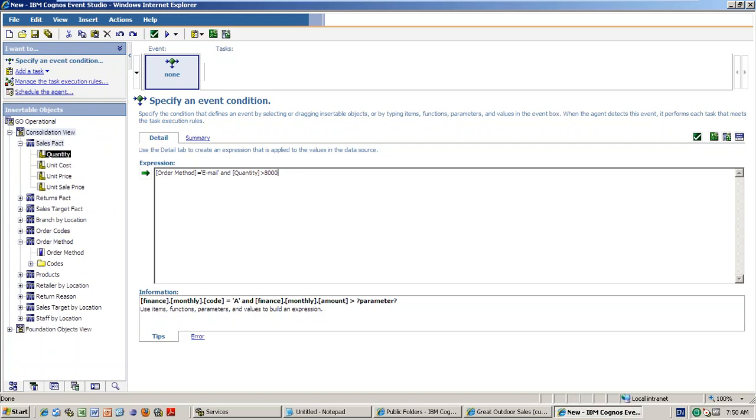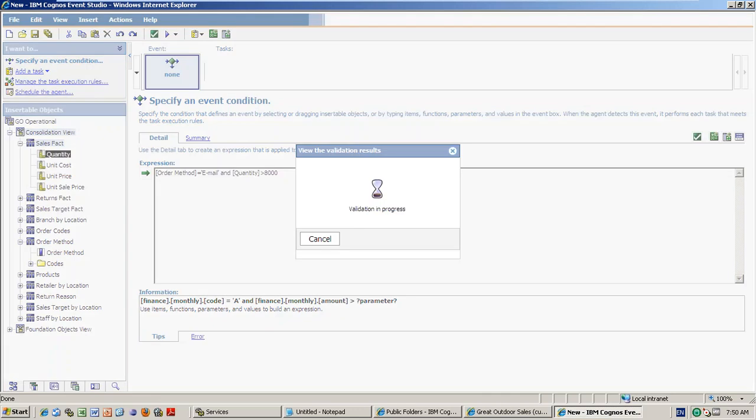But if any of the sales target people goes above 8,000, then you need to appreciate him. That is my condition. So I am checking whether any customer through the email order method has received more than 8,000 orders. Okay, now validate it. If you write any expression error, it will show wrong. So you have to write your condition.